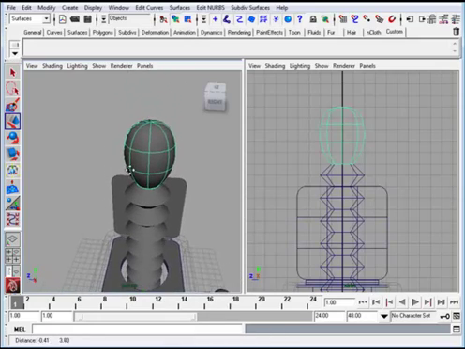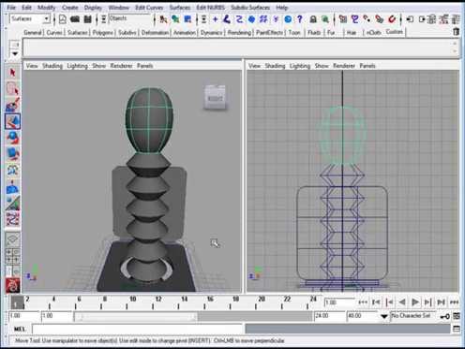And I didn't want to make it too wide because I wanted to be able to go through that hole at the bottom, so